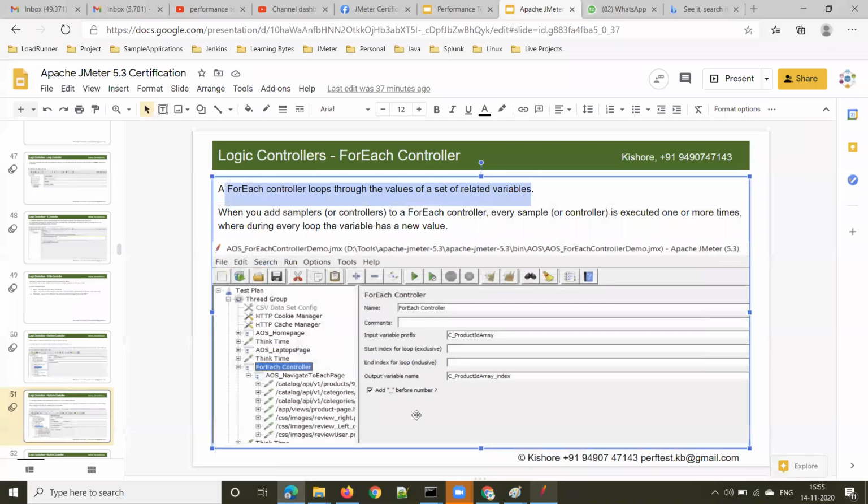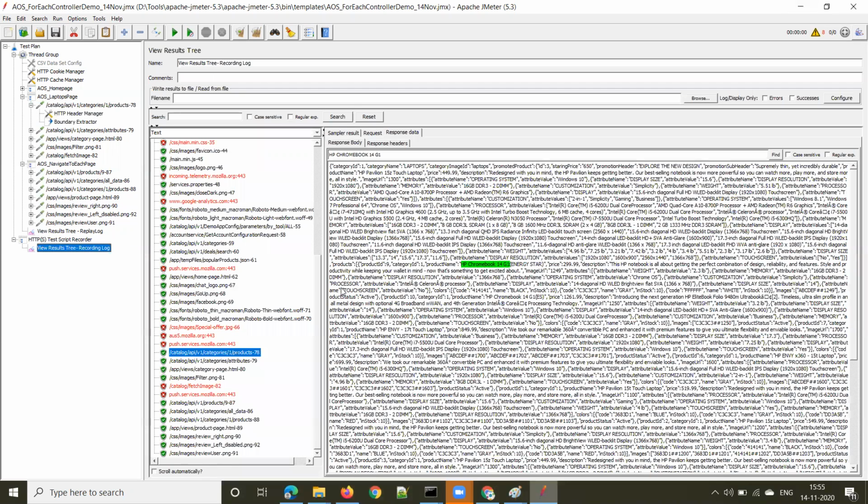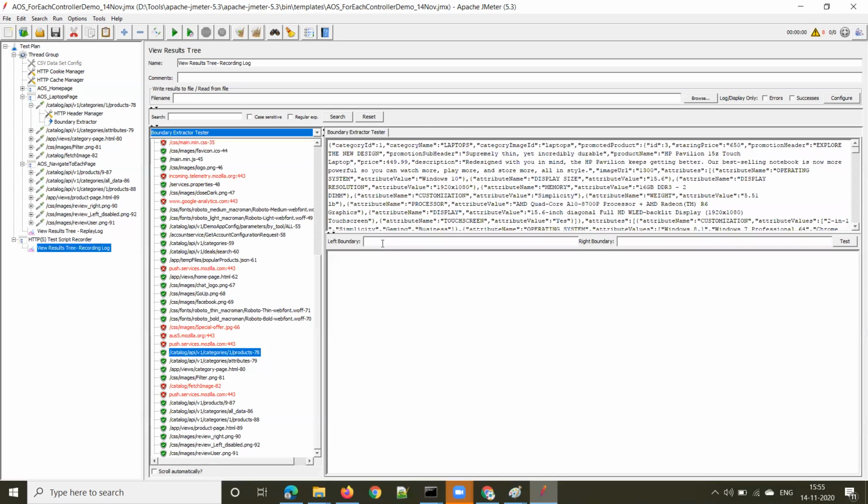So let me show you in the script, right? Let me use boundary extractor tester for this. So I'm choosing this as my left boundary, or else, let me copy the complete string, select boundary extractor tester, right? And I want to use this as right boundary, and this is my left boundary. The product ID changes obviously, so I'm removing that, and you can use this boundary extractor tester element and first verify whether these left and right boundaries help you to capture all the 11 products available